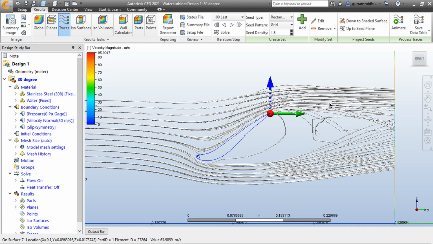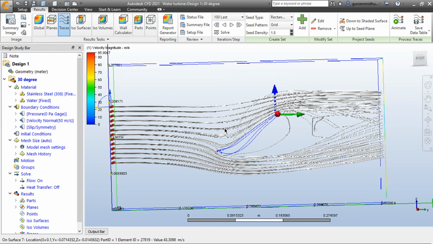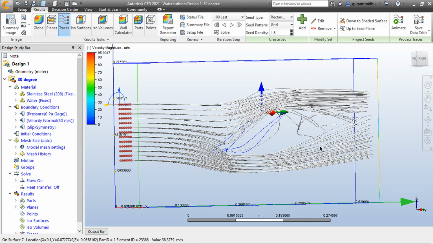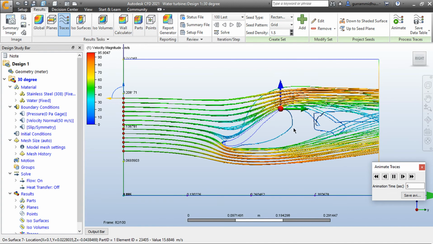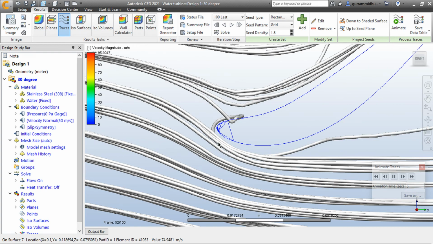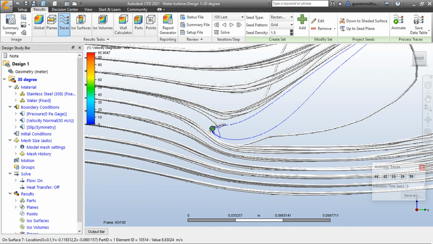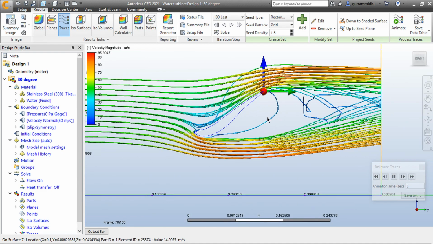If you observe here, we are getting slightly turbulent flow in here. As you can see, the maximum flow is on the upper side, thus high pressure is created on this side and the low pressure will be on this side. Thus it moves downward. Let's play the animation. This is where the turbulent flow is being created because of this area in here. Maybe we can refine the mesh here so that it won't be that turbulent, but that's fine.